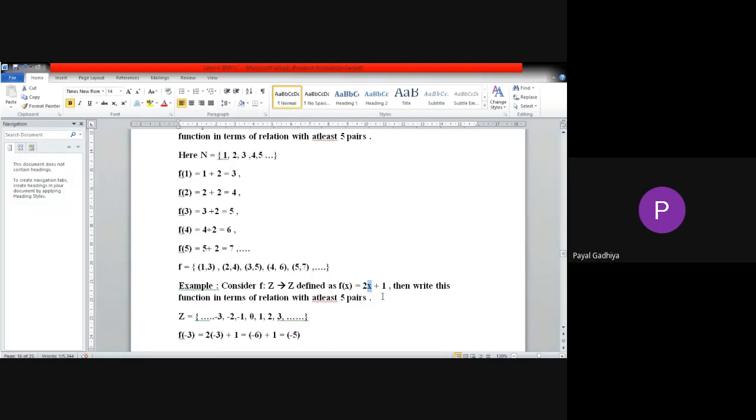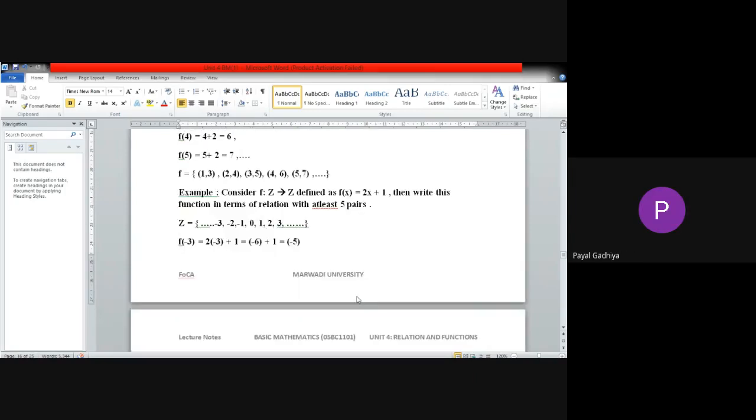Okay, let me ask you, I will give you the value of x. You have to tell me f of x. x will be 3 then. What will be f of 3? 7. Yes, it is 7. Then f of minus 5. Minus 9. Yes, it will be minus 9. Then f of minus 6. Minus 11. Yes, it will be minus 11. Fine. So this is the way you can find the value of a function.